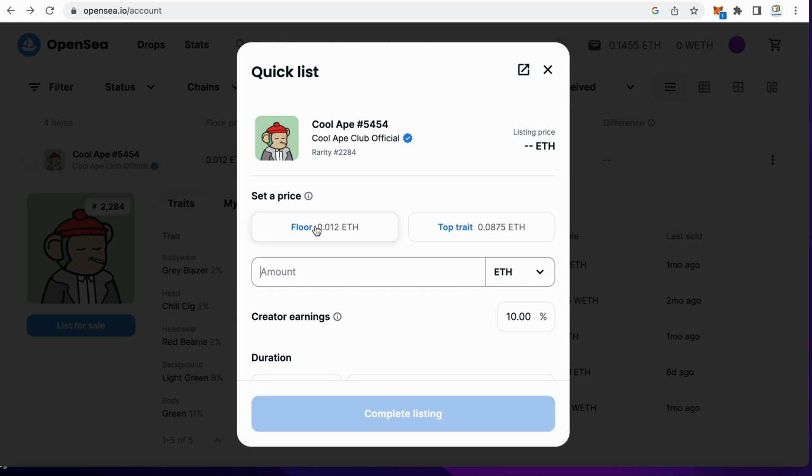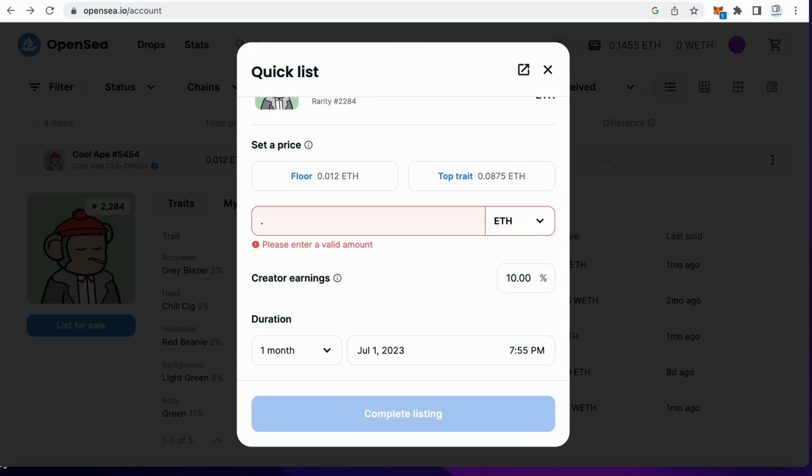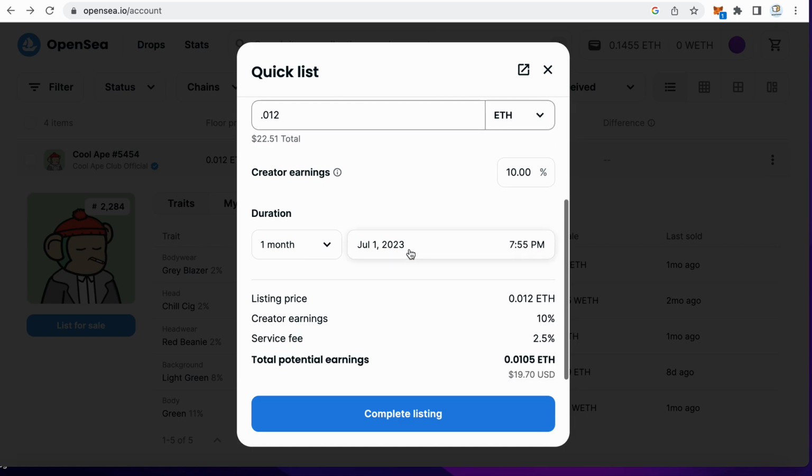So let's see. If I want to list it for sale, right now it's showing the floor price for Cool Apes is 0.012 ETH. Here's something to look at. So let's say it's selling at the floor price. I'm not going to list this, but let's say I'm going to list it at the floor price. Okay, it's $22 is what I would